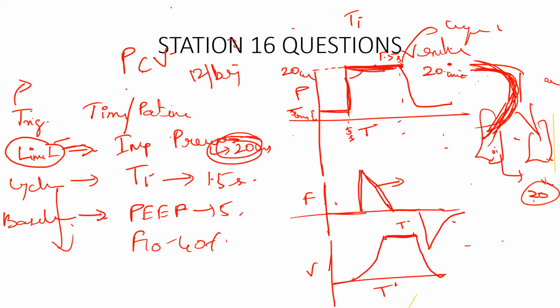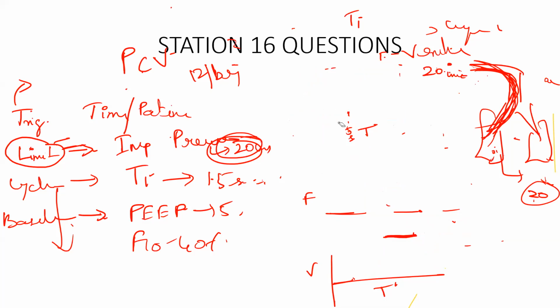Since there is no gas flow coming in, the tidal volume will be sustained at the same point. After 1.5 seconds, which is the set cycling time, the machine will change to expiration. Then the tidal volume drops to baseline. Simple. A decelerating flow is the most unique feature of pressure control ventilation.